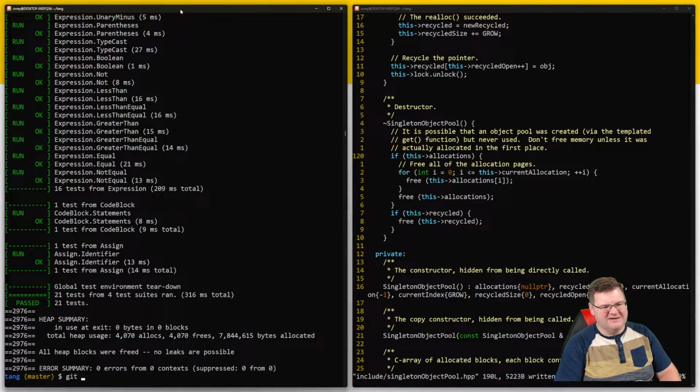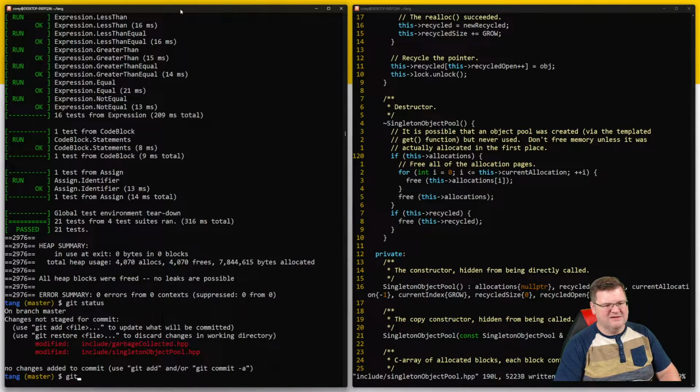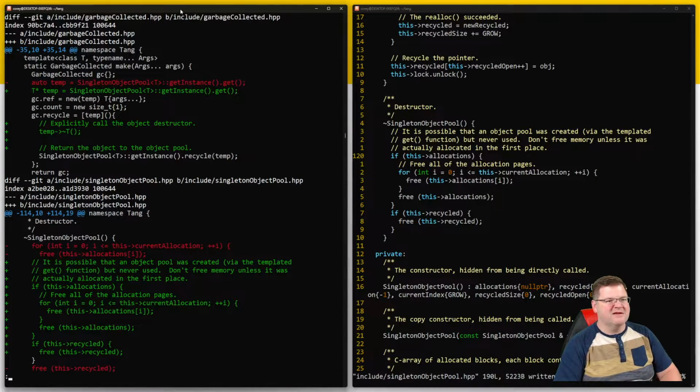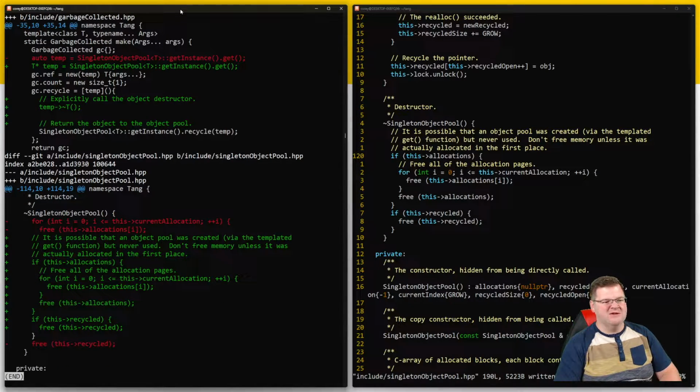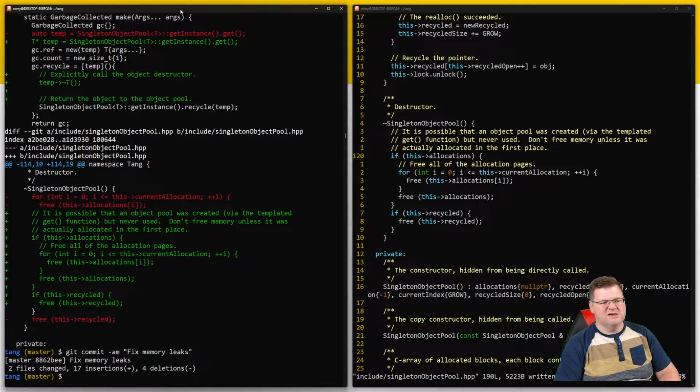Let's see, so git status, git diff, okay, git commit -am, fix memory leaks. All right, now